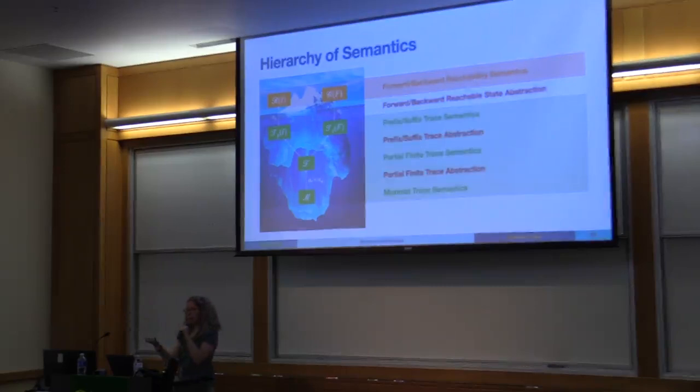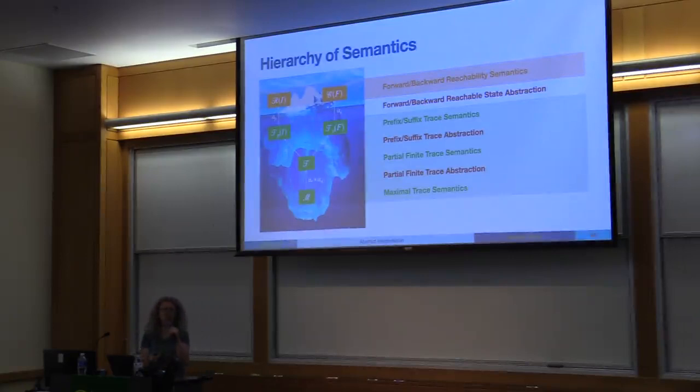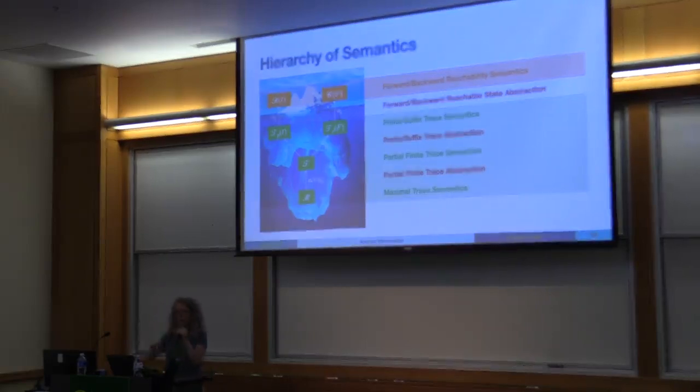In fact, I didn't say it yesterday, but most of the time, the Galois connection, we have it only between things that we cannot compute. So when things work out nicely, we occasionally have Galois connections with abstractions that we can compute, but it's very rare. In practice, we don't have a Galois connection. So what we have seen yesterday was basically that depending on where we are in this hierarchy, we can prove